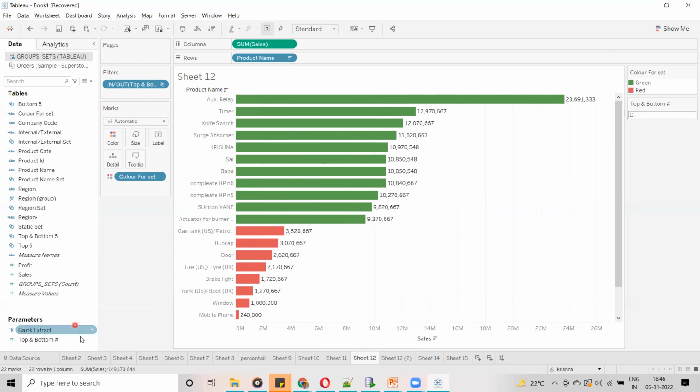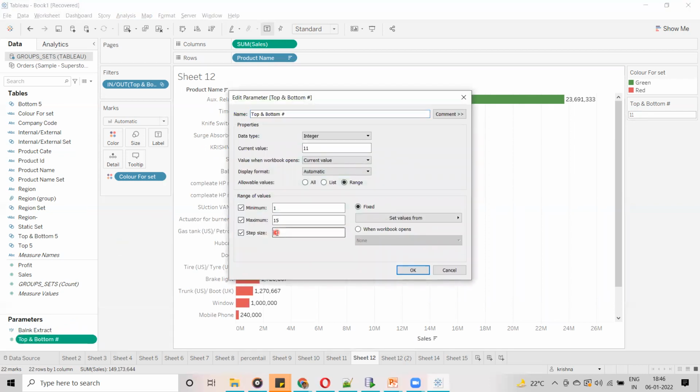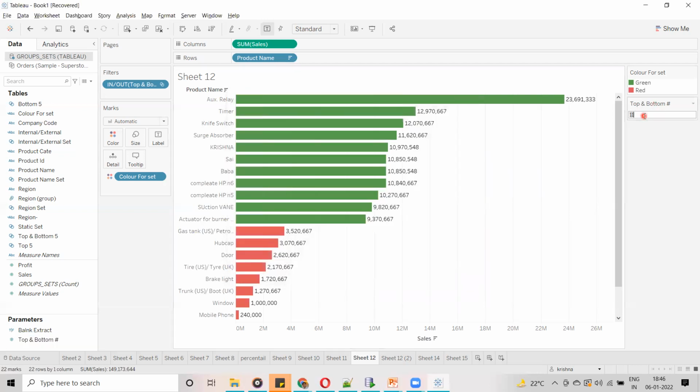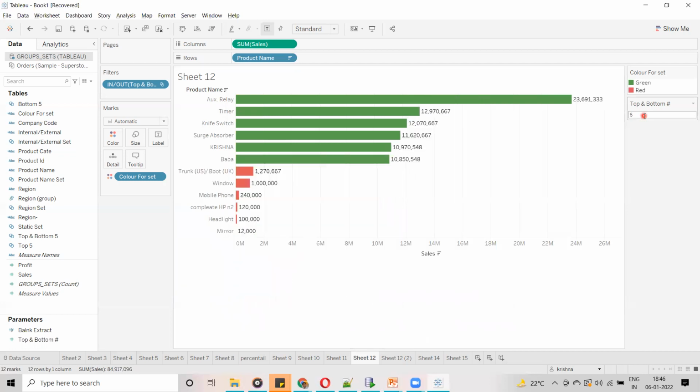This step value you can mention anything. For example, if I keep step size as 5, then the user can enter 5 like that only. Now you can see 6 it is taking, because step size 5 means 1 plus 5 is going to be 6, right? Starting value as 1 we have given.